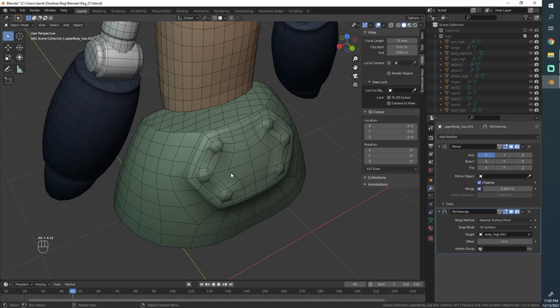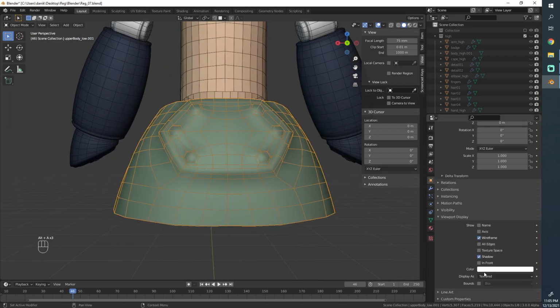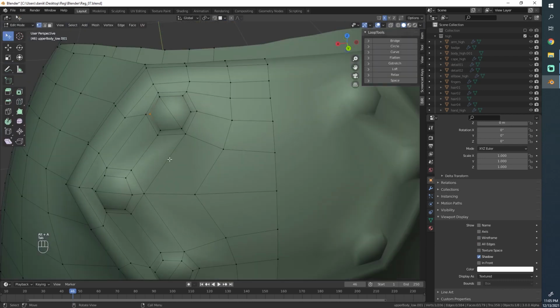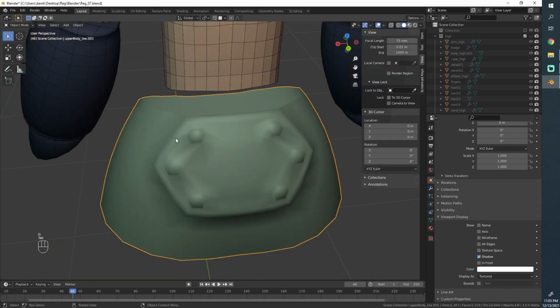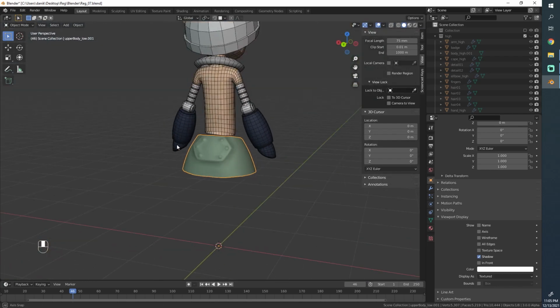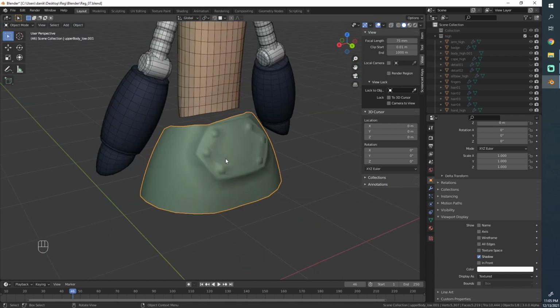So yeah, the shading looks nice and smooth. We can quickly look at the soft shading only. We have a few little artifacts here, but it's nothing too serious. The normal map should be able to easily handle that.